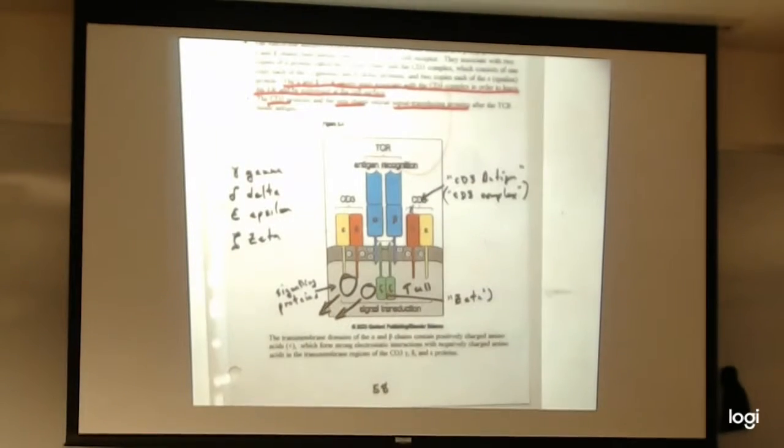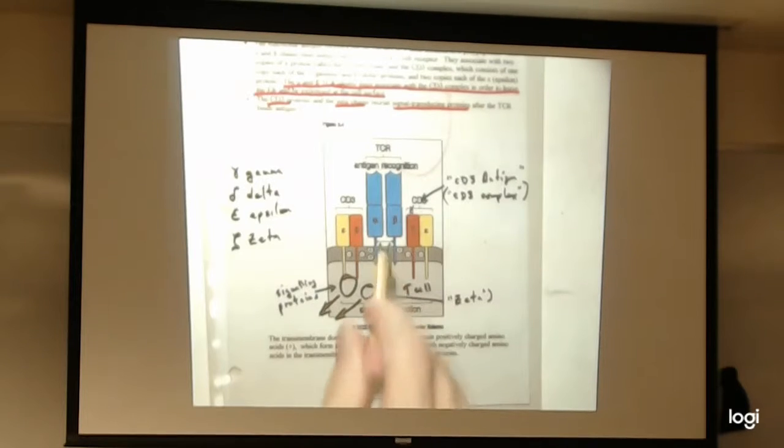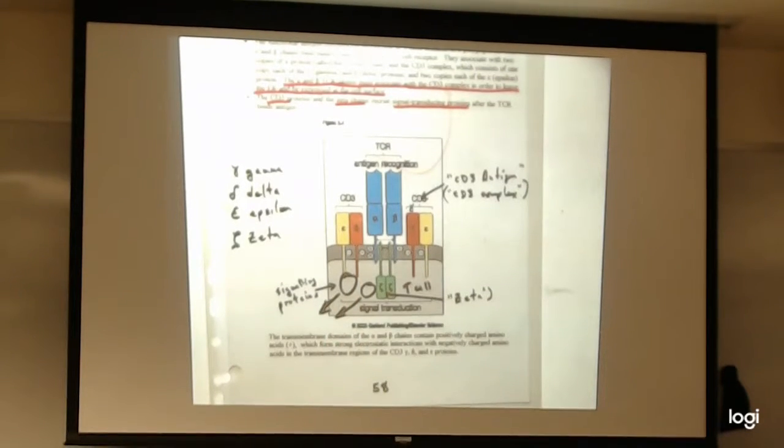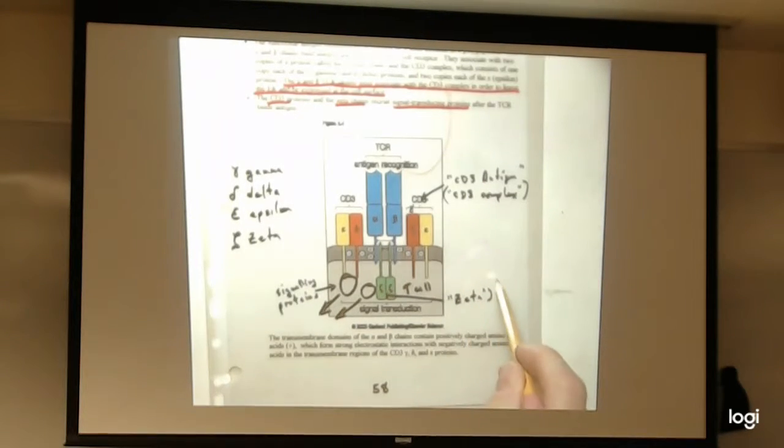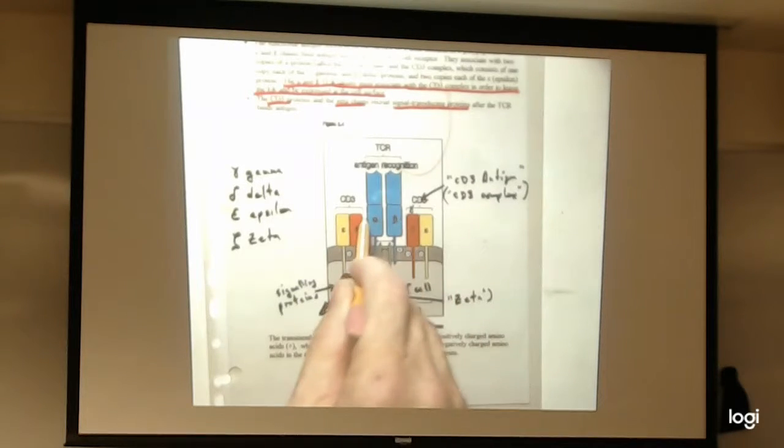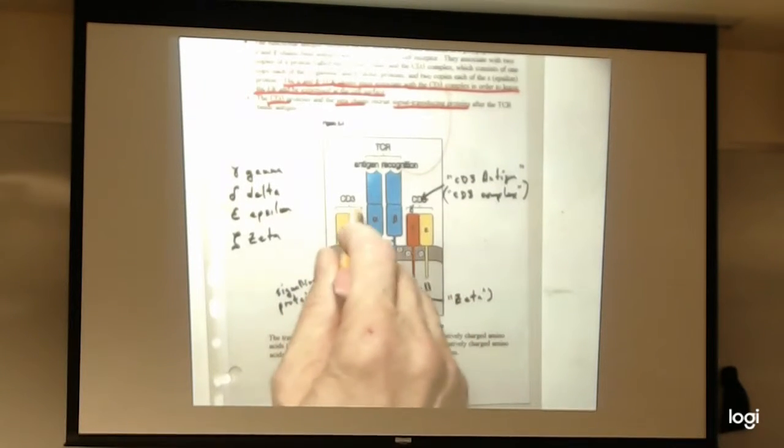Now, things have been nice and simple so far. We say the T cell receptor has 2 chains, alpha and beta. Well, I'm sorry to tell you that there's another set of T cell receptors known as gamma delta T cell receptors. So 95% or some number like that of T cell receptors are alpha beta receptors, the classic ones that we first knew about and that I'm teaching you about.